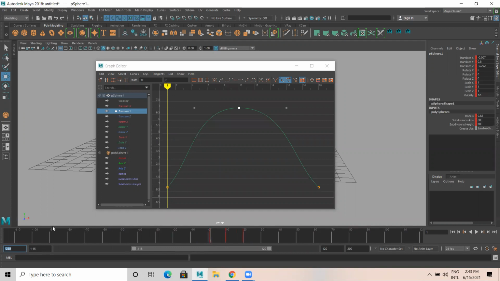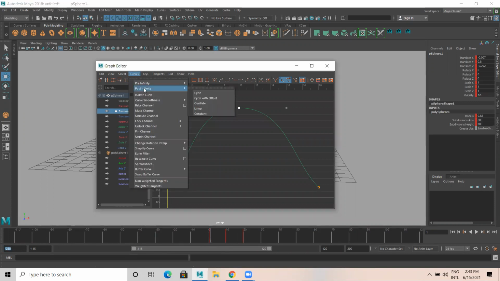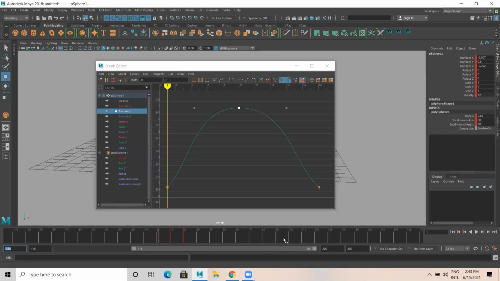My animation can go into negative values. This is pre-infinity, where we start from the position. Post-infinity is where we end our animation. From here, I can repeat this animation continuously, for however many frames I have, 200, 500, 1000, 10,000, whatever.